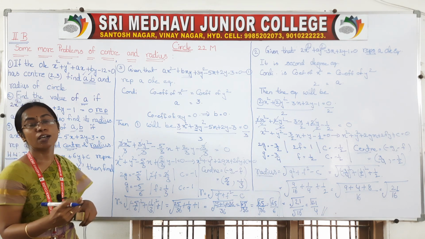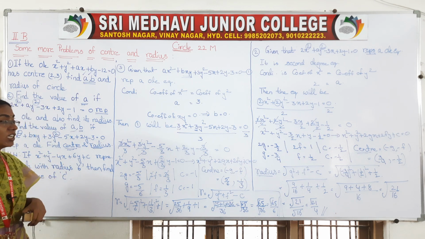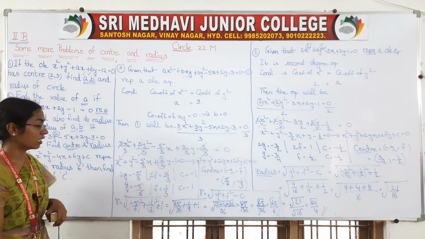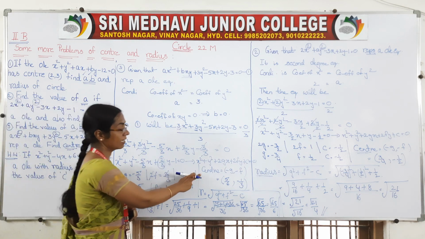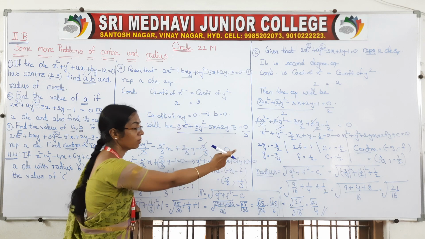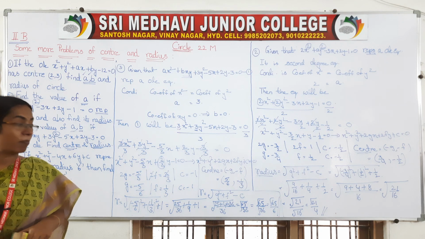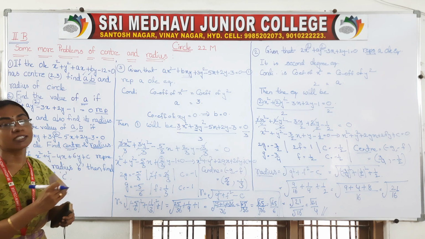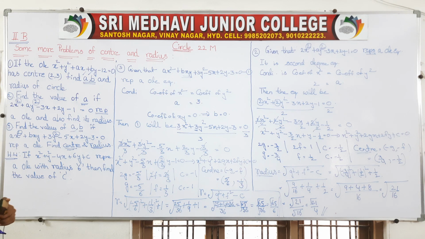To get the center and radius, we always need g and f values. How will we get g and f values? Compare the given equation with the general equation. Then you will get your g, f, c. Once we got g, f, c, we can find the center using the formula (-g, -f), and the radius as root of g square plus f square minus c. These are the three problems we solved today. These are very selected and repeated problems, and try to practice daily. So on that day only it will be clear for you.